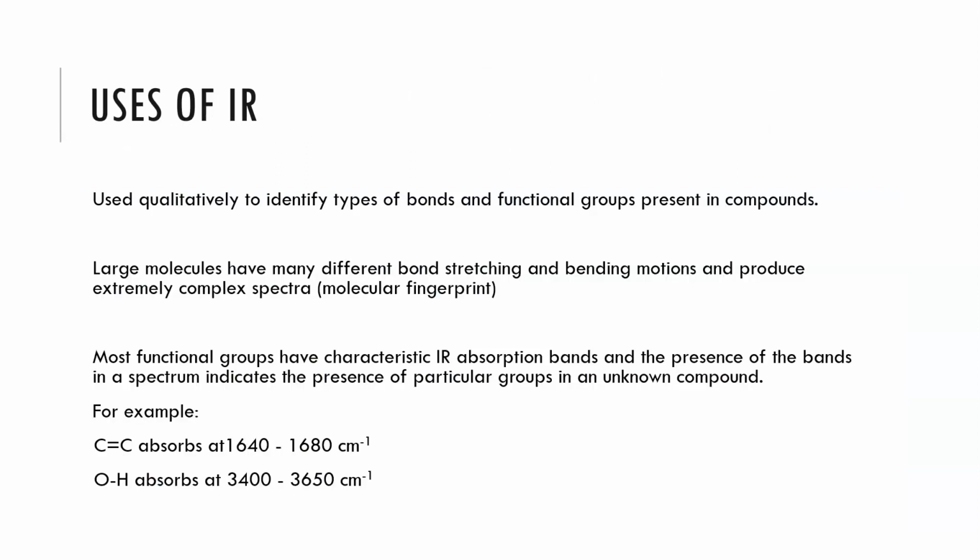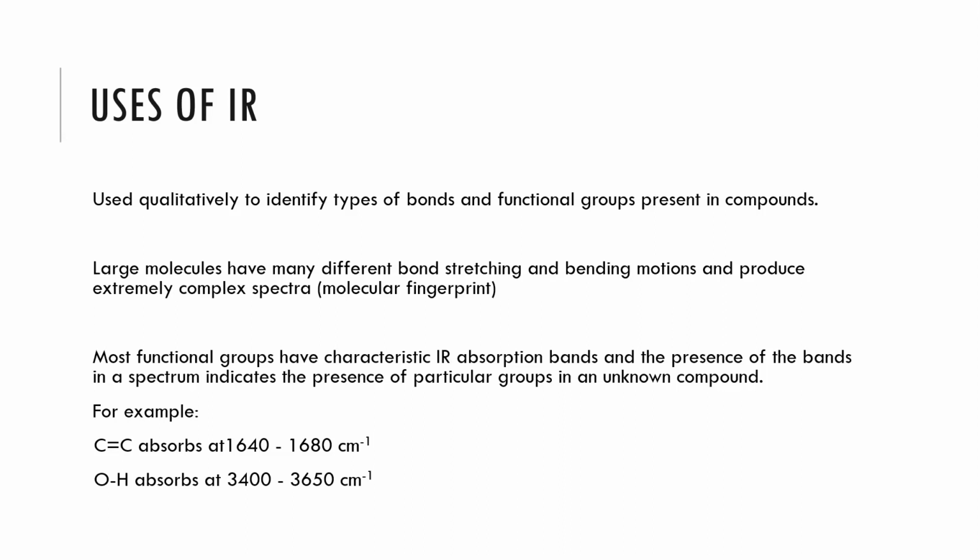IR tends to be used qualitatively to determine the type of bonds or functional groups present in a compound, and it can be more useful for specific compounds than others, i.e. it will be challenging to find the difference between pentane and hexane in an IR because it will have C-C and C-H bonds. All those bonds will be of a similar energy, so it will be hard for us to see any difference in the spectrum. However, if we were trying to compare an alkanol and a carboxylic acid, there would be characteristic differences that would allow us to tell these two molecules apart